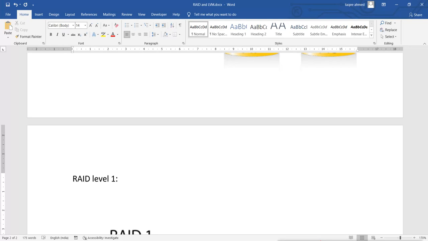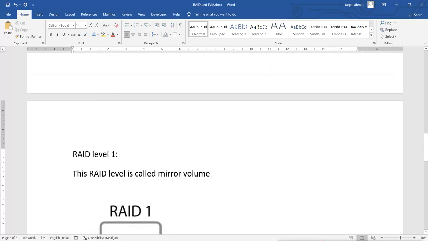This RAID level 1 is called mirror volume.